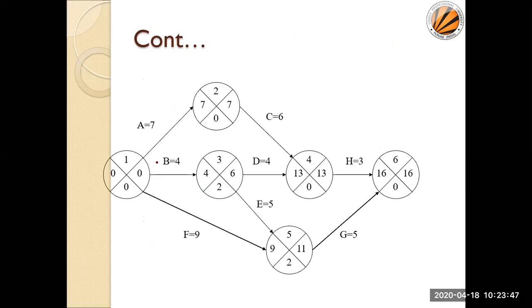Similarly, if there is more than one start, okay. Here you can see more than one start, so that's why this node is assumed. And here you see H and G are the two arrows, but they get terminated with a single node. So this type of problem is not there in my AOA, because in AOA we keep on assuming this. But in my AON, maybe the assumption is required.